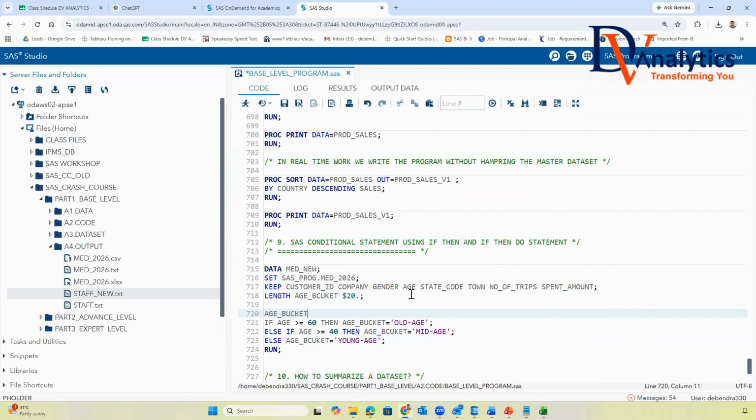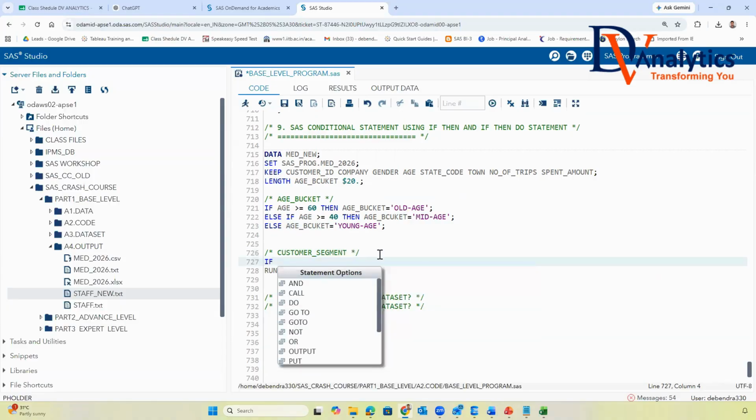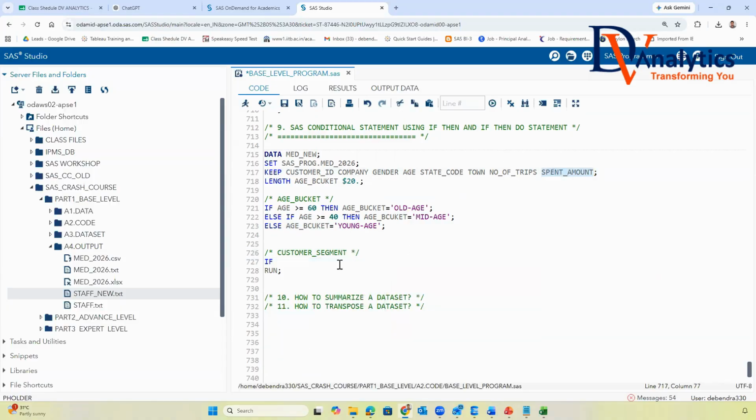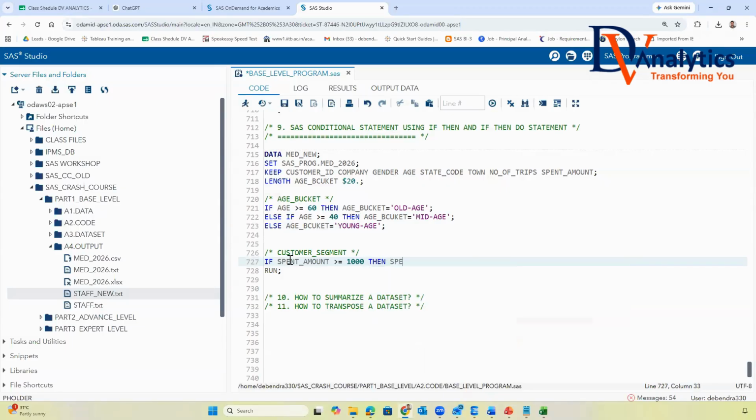So I'm creating age_bucket here. In the same way, I want to create customer_segment. How will I get this customer segment? I'll say if the spent_amount is greater or equal to $1,000, then my customer_segment is called premier customer.